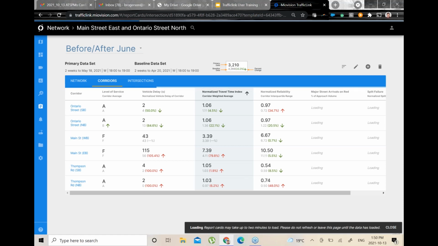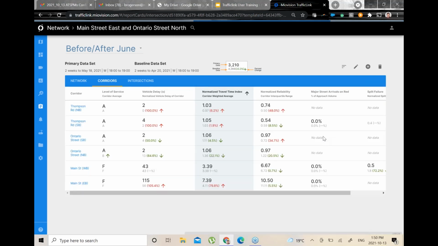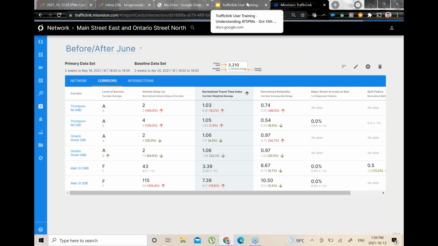And obviously, if it doesn't create a positive outcome, you can see it almost immediately. Say it didn't quite go the way you expected it to. Revert the change, monitor the data again, and then try something different. The purpose of ATSPMs, again, is to allow for that iteration, not ongoing major studies. So combine those together and have some fun in your intersections.